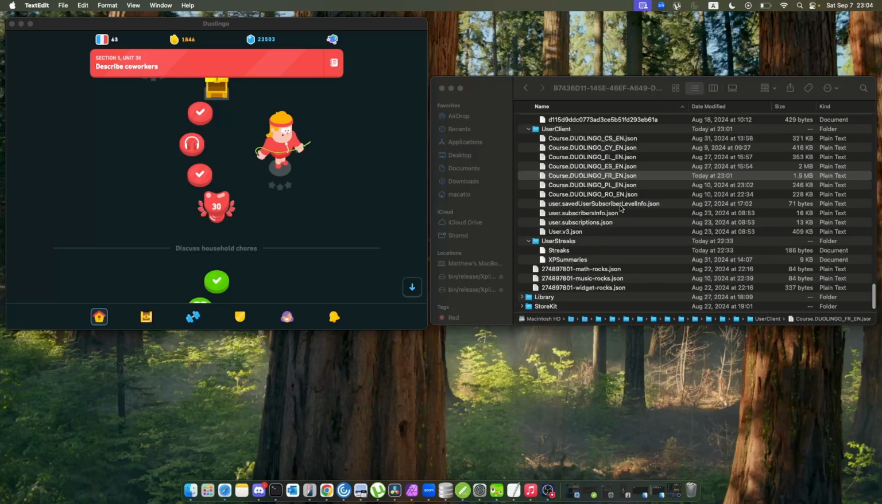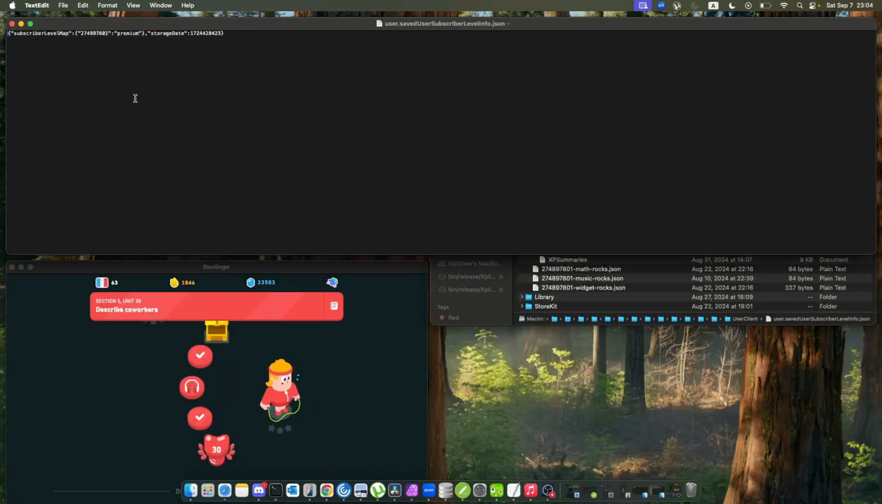So that's enough of that. Saved user subscription level. Let me zoom in on this one so that you guys can see it better. This file about saved user subscription option will show you the user ID, which is this one for me, and premium, I'm premium because I bought Duolingo or Super Duolingo. I was about to say plus there, but yeah, then storage date is a Unix timestamp,